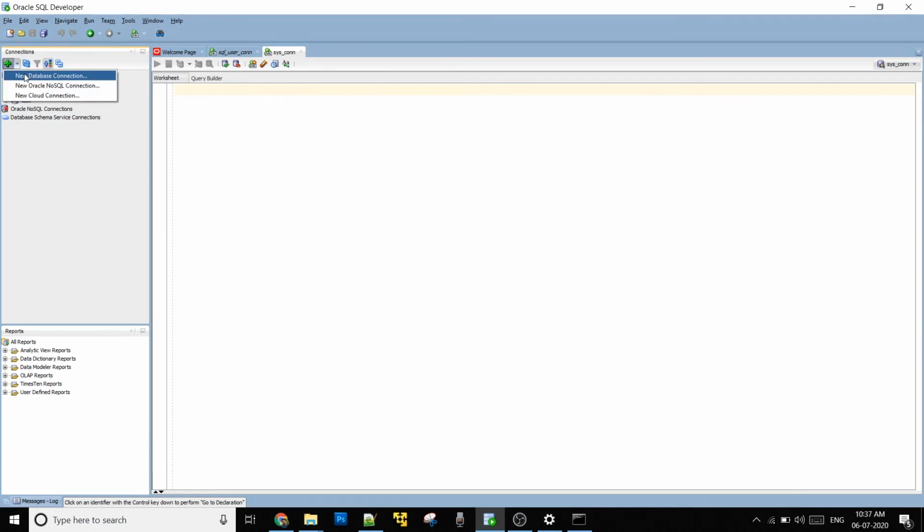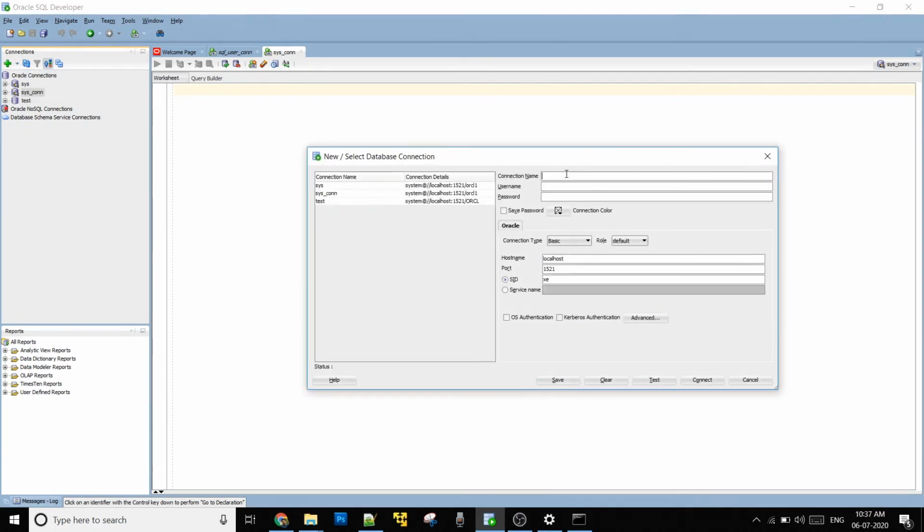Click on this little green plus button and choose new DB connection. For the connection name, type SQL_user_con. The user will be the user we have just created, which is SQL_user, and the password will be SQL. Now hit test and most of you will get a success message.